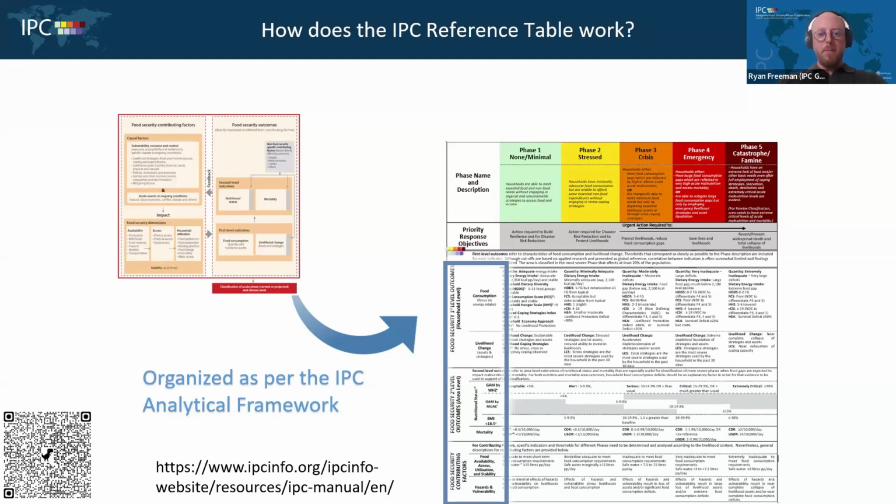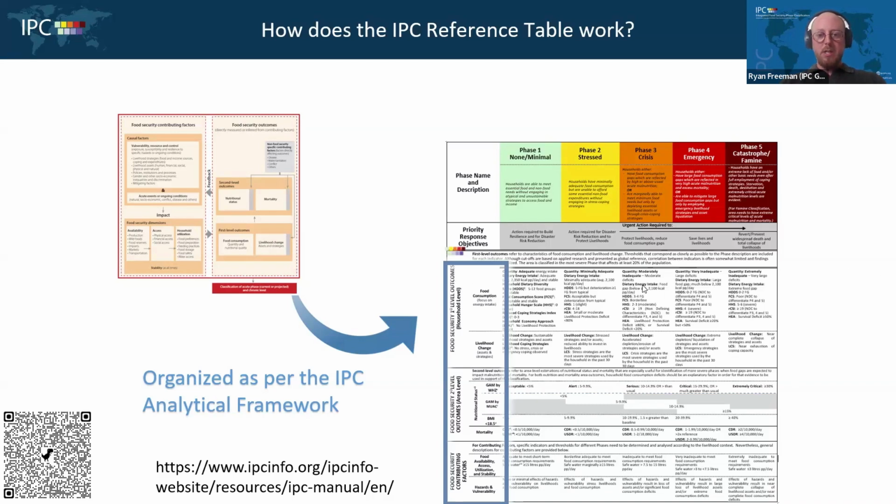So when we talk about the IPC reference table and how we move from the analytical framework to the reference table, as Yanni was mentioning, this is a scale. It's a standardized scale. You apply it over time and space. To do that, we do need a standard set of indicators that allow us to have this comparison. We need to have something that structures the way that we go through our analytical framework and we measure these positive and negative changes.